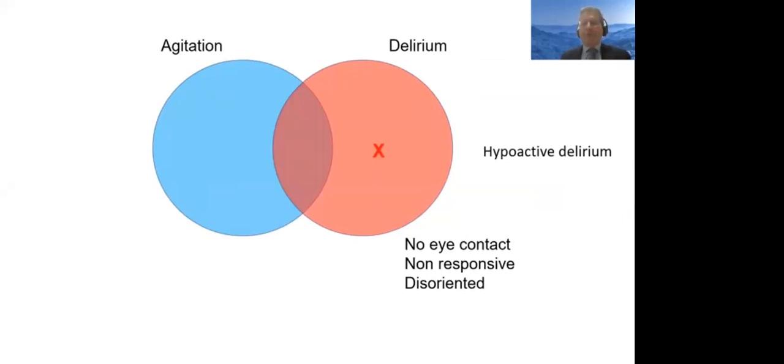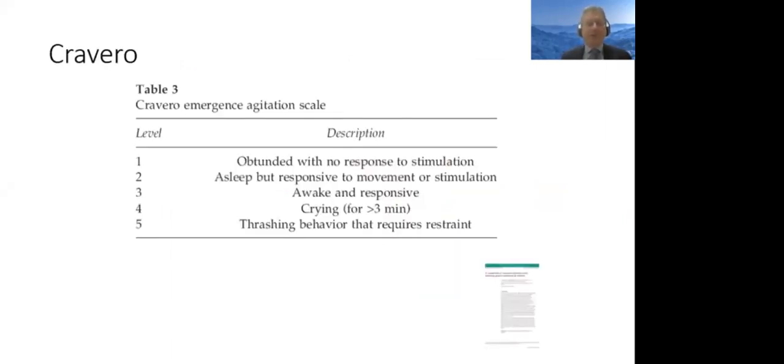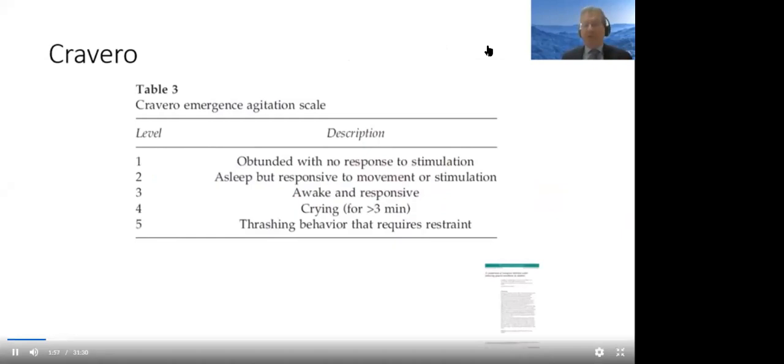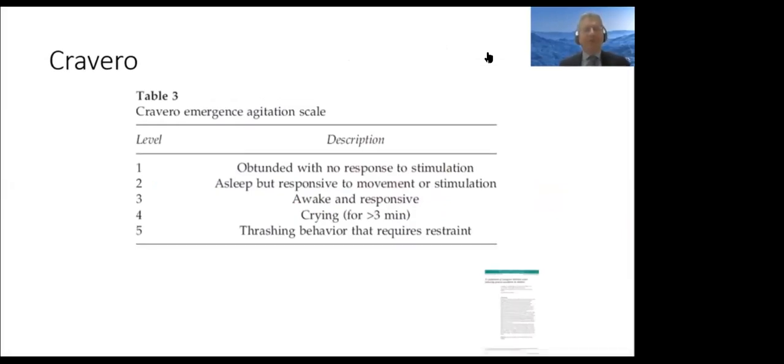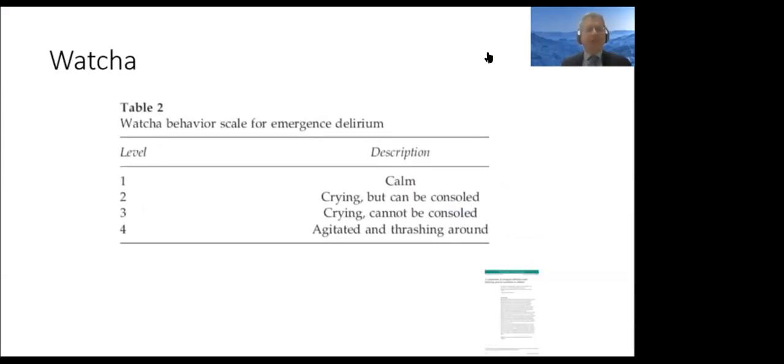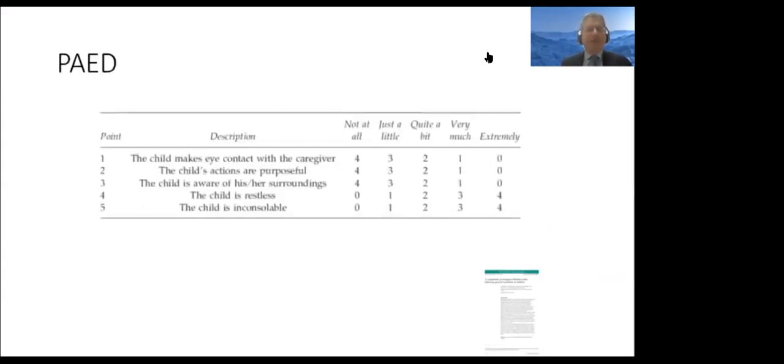Note that you can also have hypoactive delirium, where there is no agitation, but the child still has no eye contact, is non-responsive, and is disoriented. Amongst the various scales to measure postoperative delirium, Crivero's scale is a 5-point scale which measures mainly agitation, the Crivero Emergence Agitation Scale. The Watcher scale measures emergence delirium and has measures of both agitation and delirium. The PED scale, which is used most frequently,